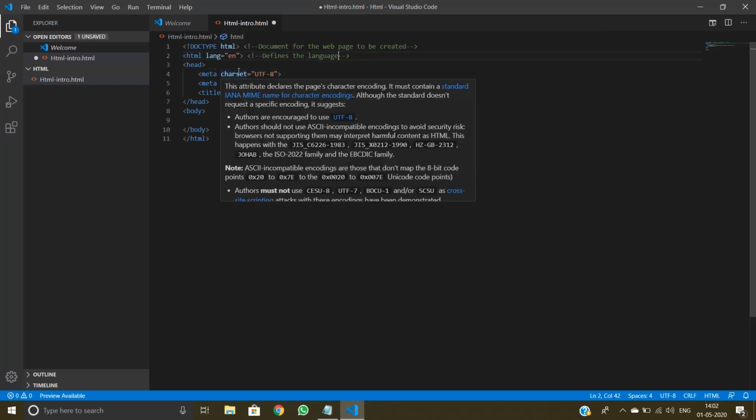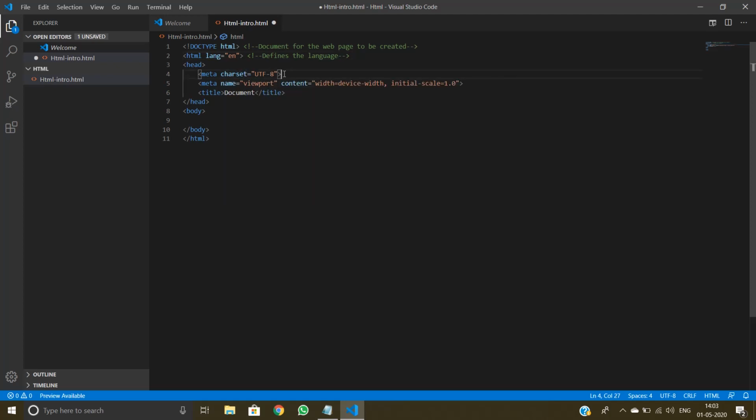So charset is what character encoding you are using. So this is an attribute. UTF-8 is the common standard that recognizes all kinds of fonts, special characters, etc.